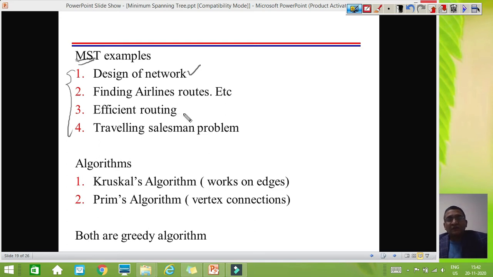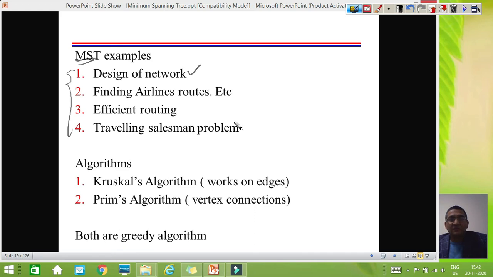You may think of a scenario where two machines are connected and the routing has to be done. The packet has to be delivered from one machine to another machine or to multiple machines. So here it is a requirement to find a minimum path so that every node can be connected, every other machine can be connected, so that the message can be communicated. So here again minimum spanning tree will be desired.